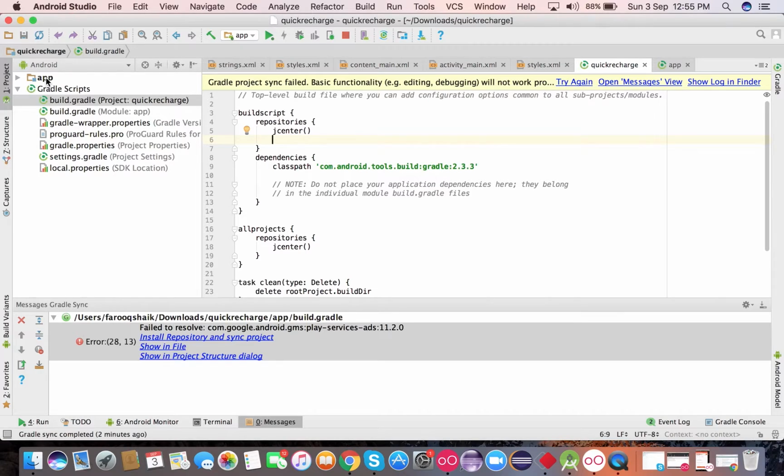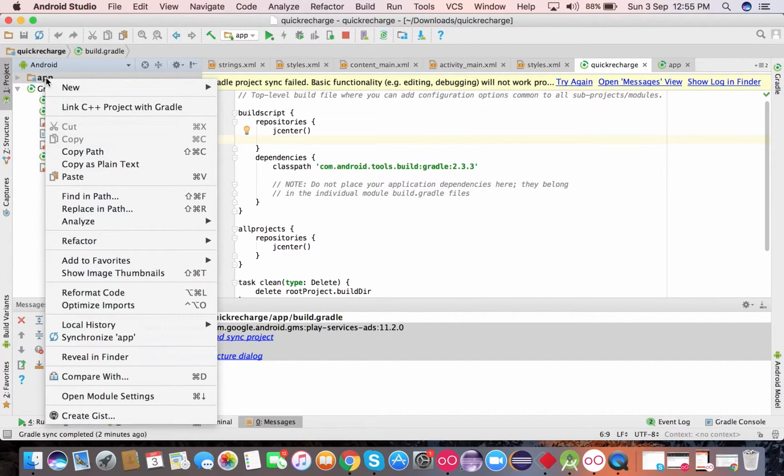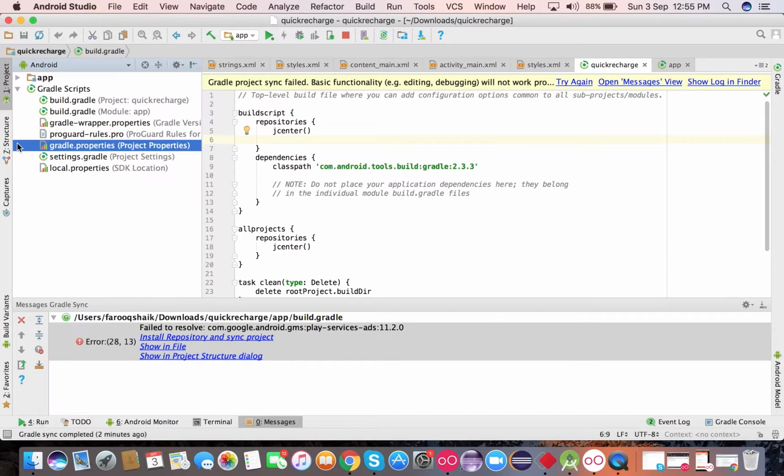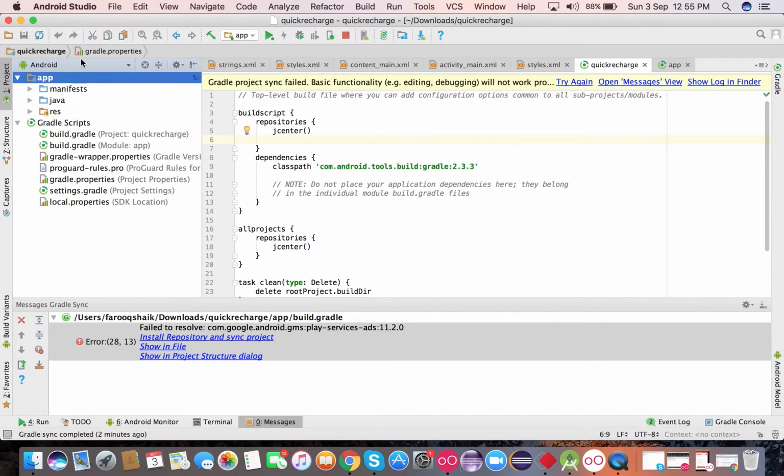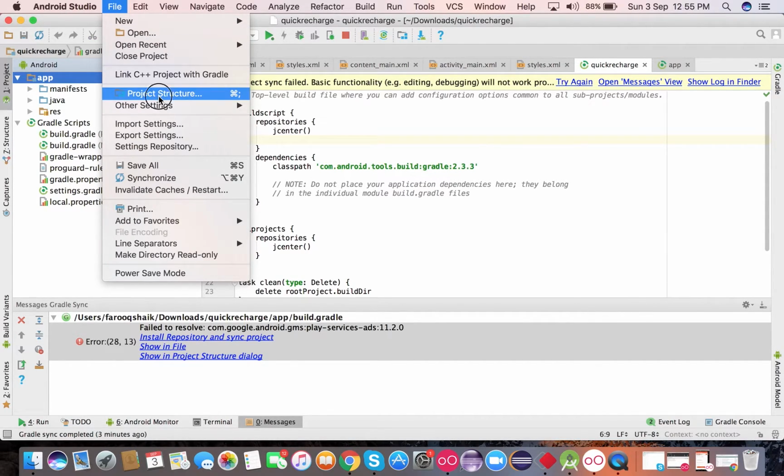To add Google Play services, what you need to do is right click on the app and go to project structure. There is no project structure here. Sorry, you need to go to File and open Project Structure,